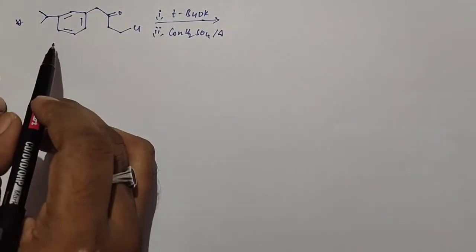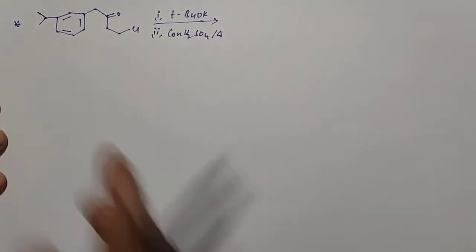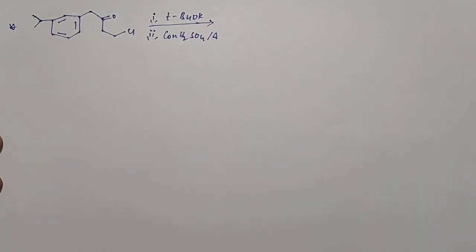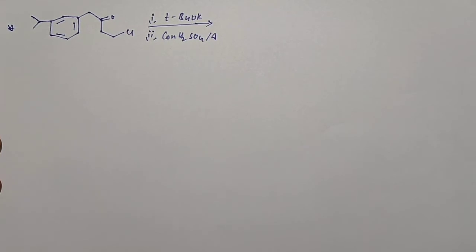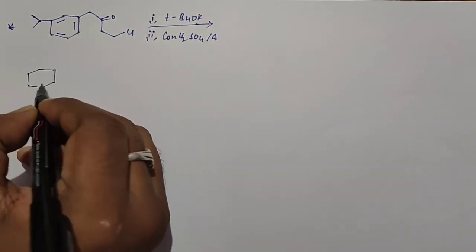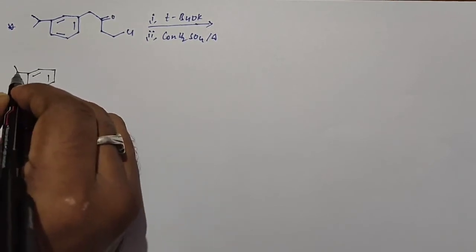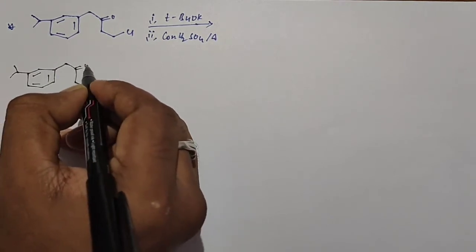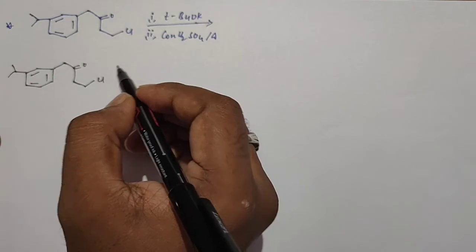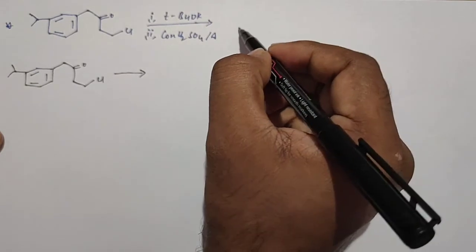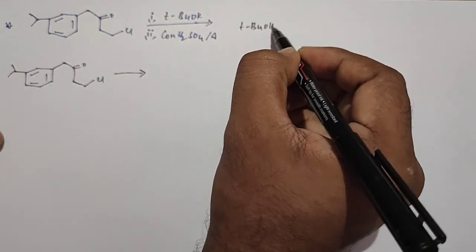That's all. Okay students, this is the next miscellaneous or incomplete reaction. So in this reaction, the given compound reacts with potassium tert-butoxide, and after that it reacts with concentrated H2SO4. So we take the reagents one by one. So first I need to take the initial compound that is given. So this is the given compound. So this compound reacts with potassium tert-butoxide. So it is present like in the form of